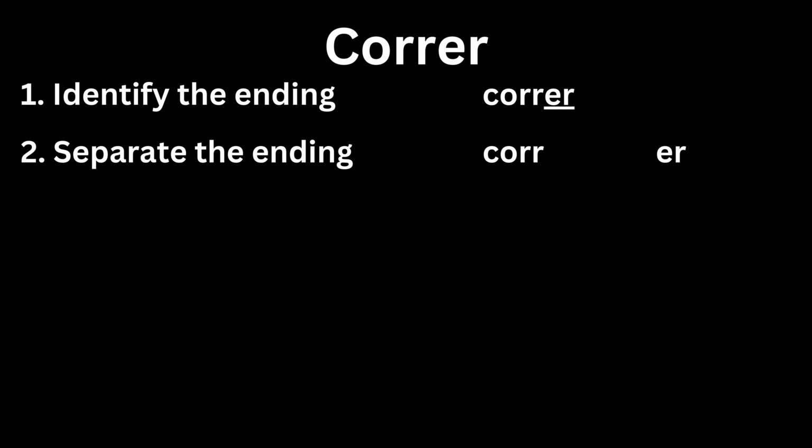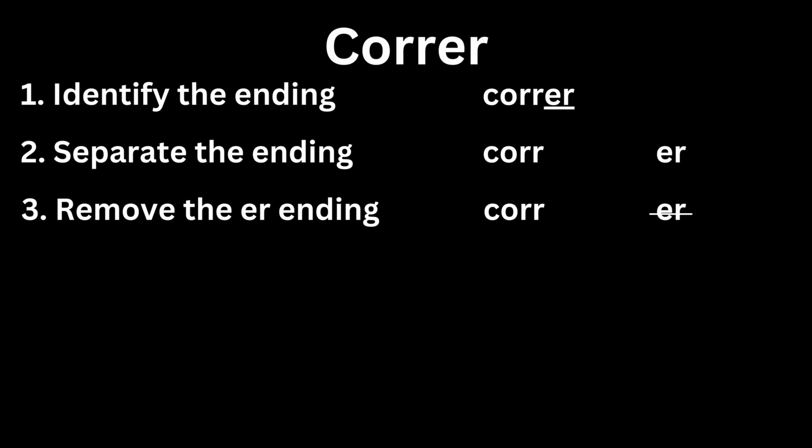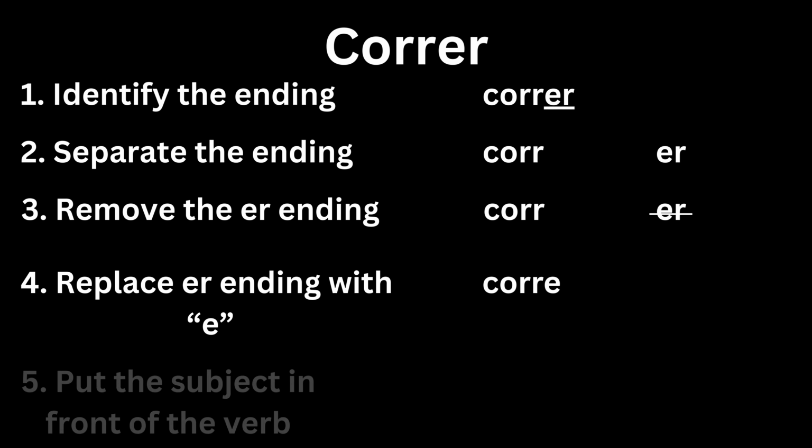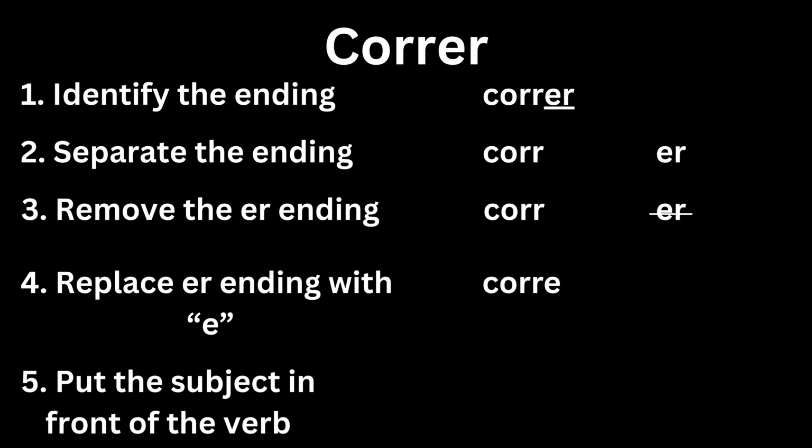Next, we are going to separate our stem from our ending. So correr becomes cor and er. We are then going to remove the ending, the ER, and we replace it with an E. So this becomes this. We place our subject back in front, usted, and we've created a new sentence, usted corre,